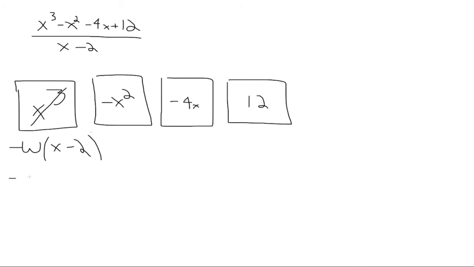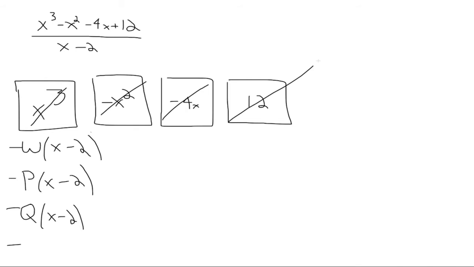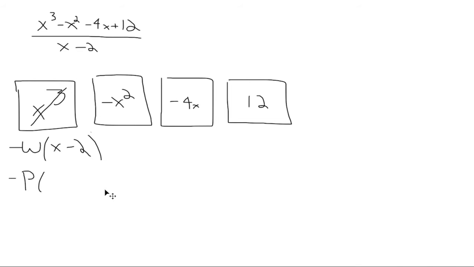And then we're going to get rid of this in a similar fashion, so we're going to subtract, let's say, p amount of x minus 2's, so that this goes away, okay? And then we're going to subtract q amount of x minus 2's so that this goes away, and then we're going to subtract some number of x minus 2's to get rid of this, right? And once we get rid of all of those different things, then we will have made it so that it